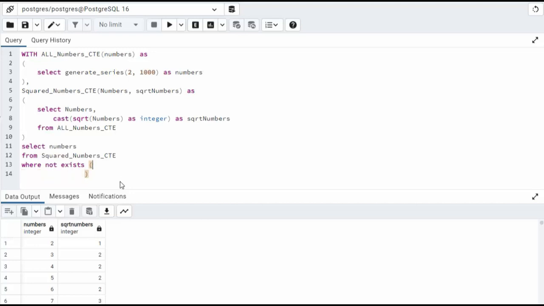What we're going to do is go through this whole list and see if the modulus remainder is 0. Now, if the modulus remainder is 0, what does that mean to you? Well, that means it is divisible by more than 1 and itself. So we don't want that. So we're going to say select true from all_numbers_cte